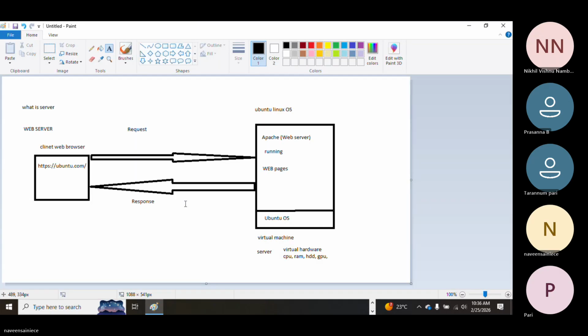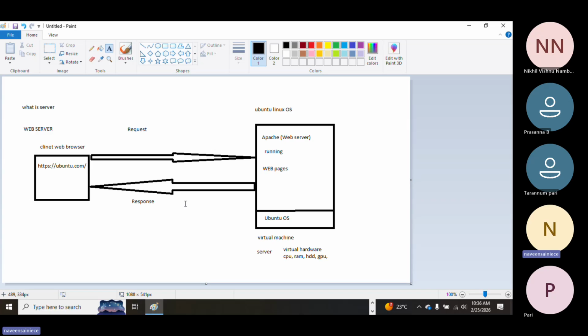Now we will run those types of applications. The main goal of a DevOps engineer is to run those types of applications on the server. So who will develop the application? The developer develops the application, correct?